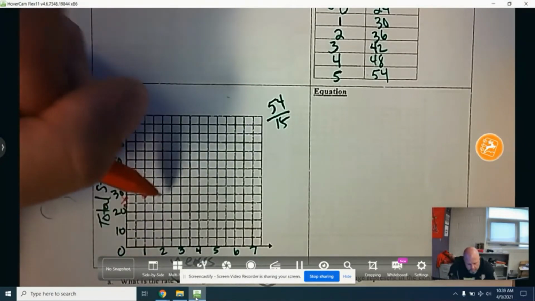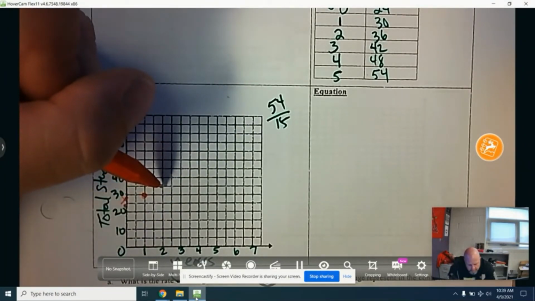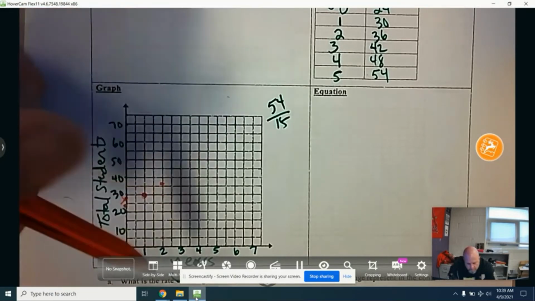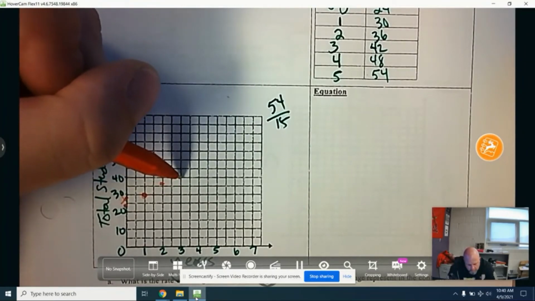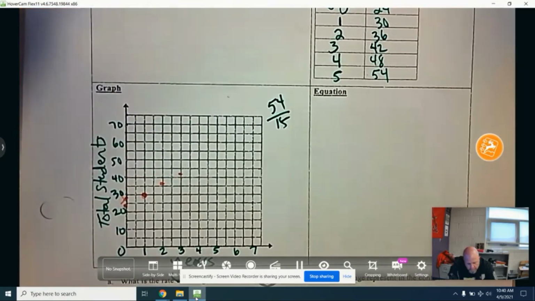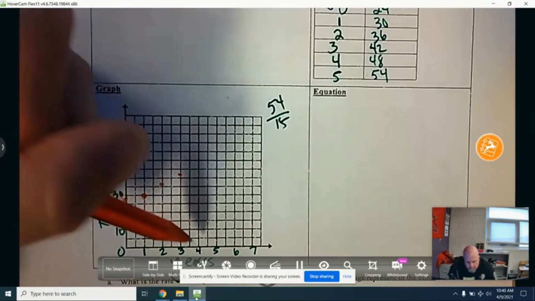At 2, we're at 36. Go over 2. Go up to 35 and just a little bit more. There's 36. Okay, at 3, we're at 42. So go over to 3, up to 40, and then almost halfway up to 45. Put a point. And then at